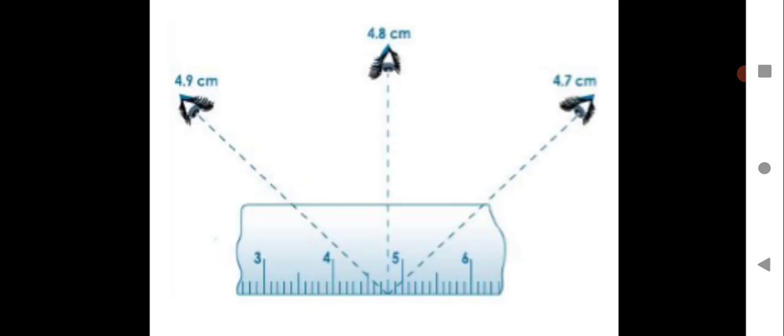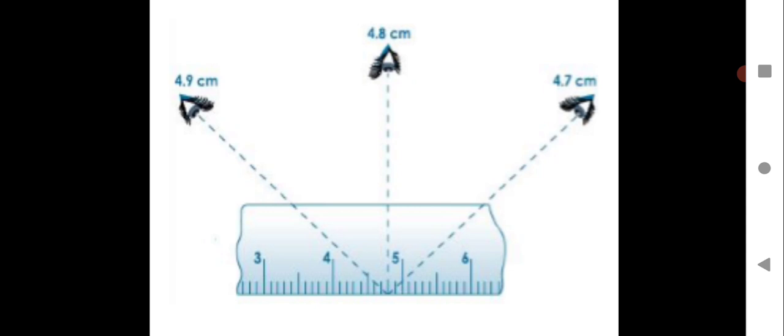So now just have a look at this. Now you have a broken scale and you see the eye contact. So eye contact you can see over there. Here when you are looking, you see the left hand side. When you are keeping eye contact at inclination, you are getting 4.9 centimeter. On the other side, right hand side, you are getting 4.7 centimeter. But when you are looking vertically straight, it will give you 4.8 centimeter. That will be the accurate reading.